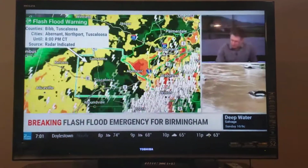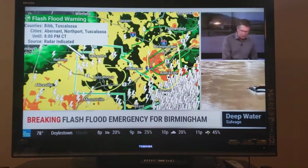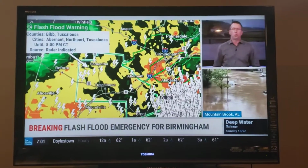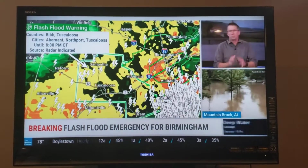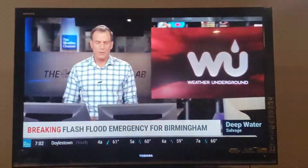Where that came from, again, here's Birmingham and Alabaster, here's Tuscaloosa, you're under a flash flood warning, and there's heavy rain coming in from there. So Mike and Jackie, this really could get worse and more life-threatening in terms of the water on the ground, but as it gets dark, it's even more dangerous, so gotta stay off the roads. These are some really scary storms tonight. It could be in some instances